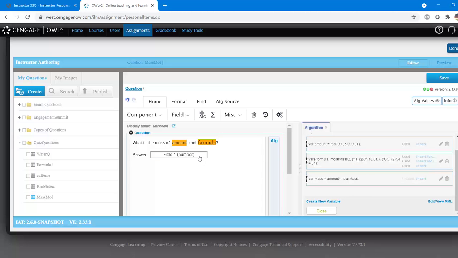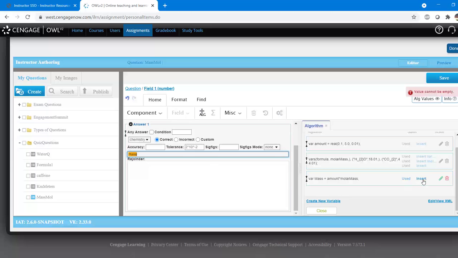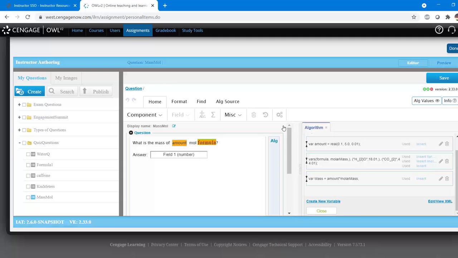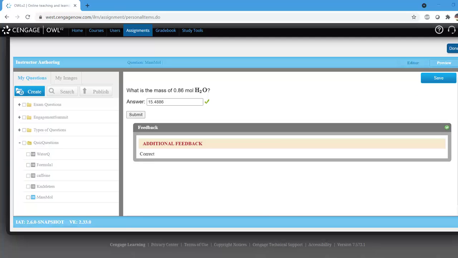Next, I'll click on the answer field in the question area to insert the mass variable. And let's take a preview to see how this question looks. It looks good. Notice how my chemical formula here is bolded. This will happen automatically for all chem and number formulas that you add to your question because it will automatically